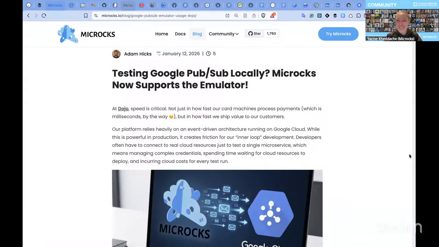It's all new to me as well, so I'm learning just one step ahead of them. I've added one feature, and I'm hoping to add another that will really help us use it a lot at Dojo. We've obviously got an existing stack, so hopefully these features will mean that we can really use the full power of Microcks throughout our different teams.